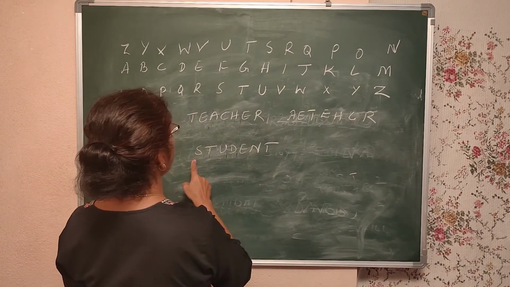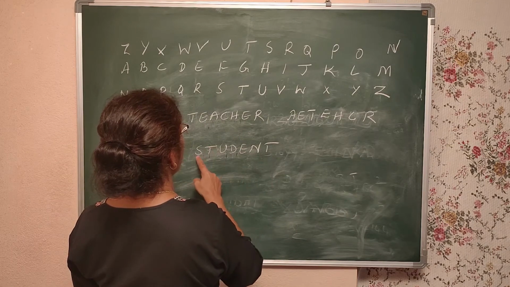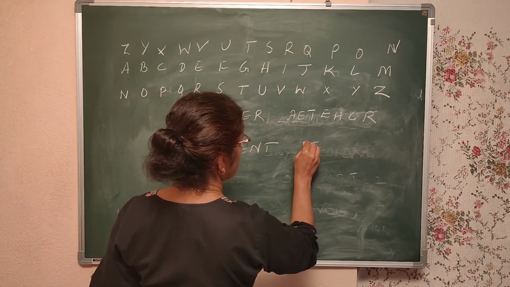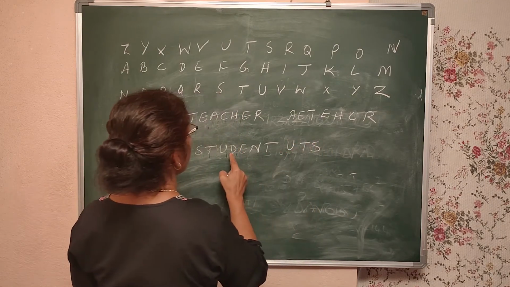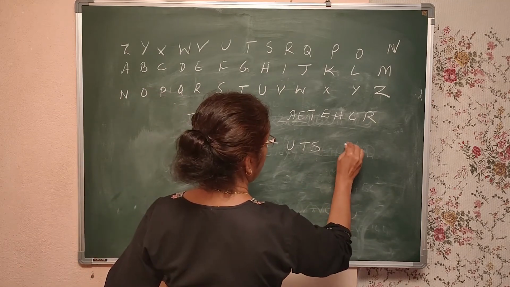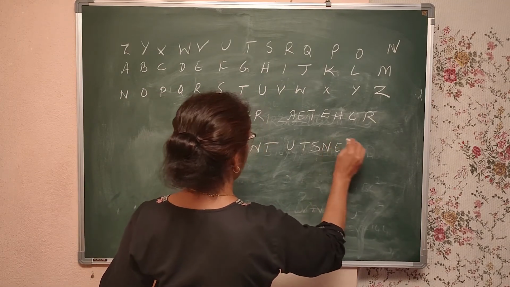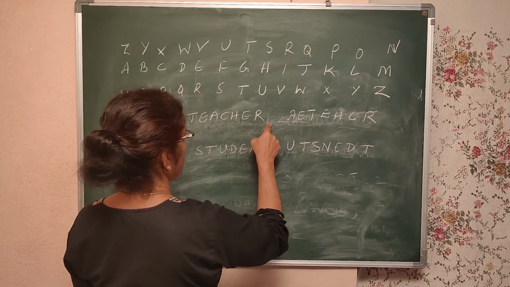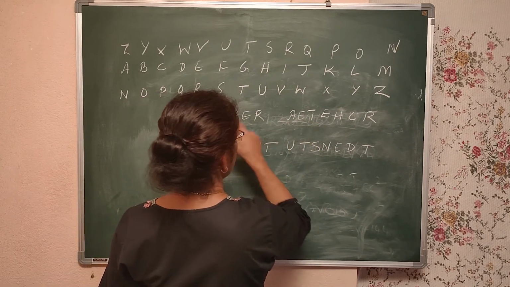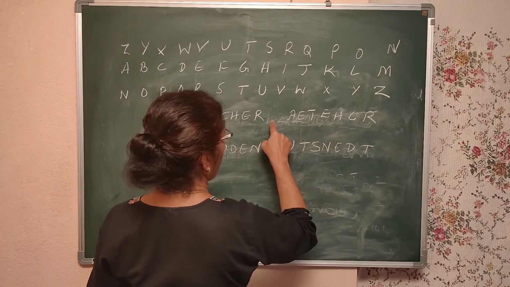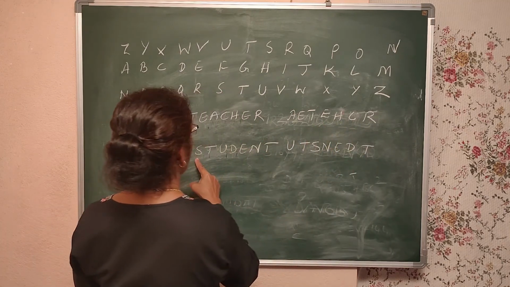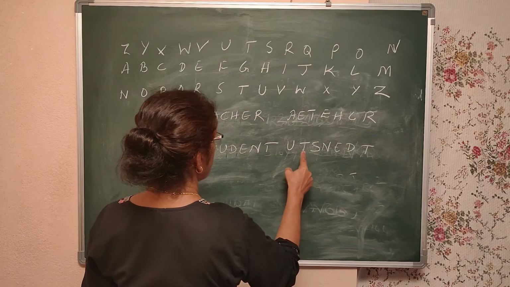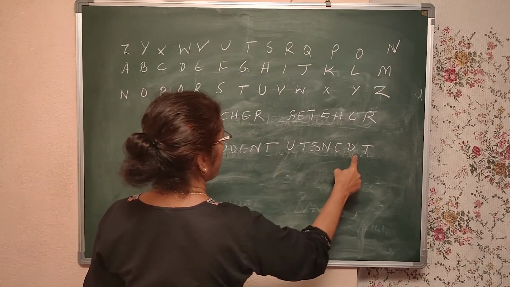So how do you write student? STU, right under this, STU, DEN, T. Look at this, TEA, right? CHER. In the same way, student: STU, DEN,